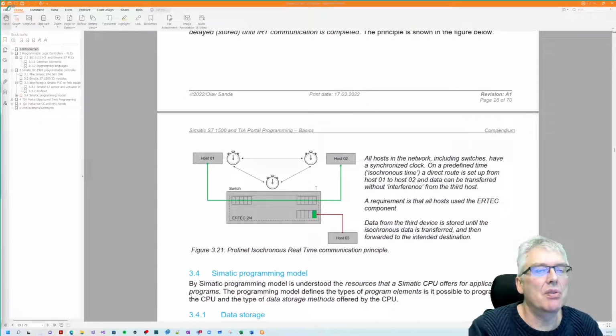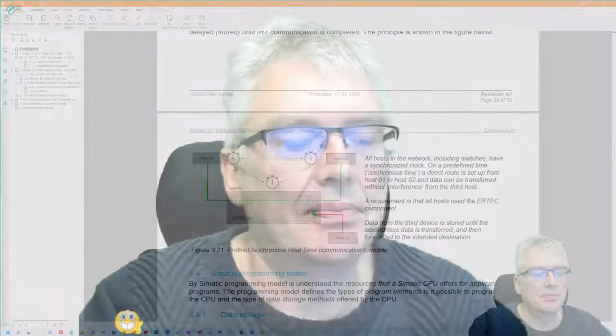And we are through to the programming model. So this was a really quick introduction. We just looked at the compendium and the figures. Read through the compendium, and use the internet to look at information. We looked at the PLCopen homepage and then the Profibus and Profinet International homepage, where you can find more information, because this is just an extract